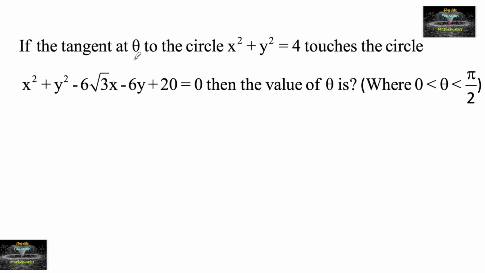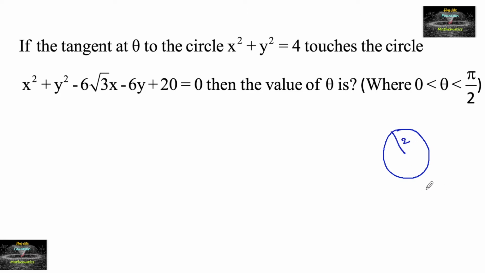If the tangent at theta to the circle x square plus y square is equal to 4 touches the circle x square plus y square minus 6 root 3 x minus 6y plus 20 equals to 0, then the value of theta is. So let's consider a circle x square plus y square is equal to 4,